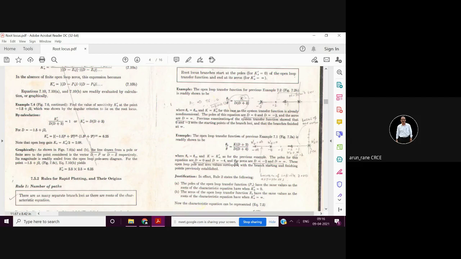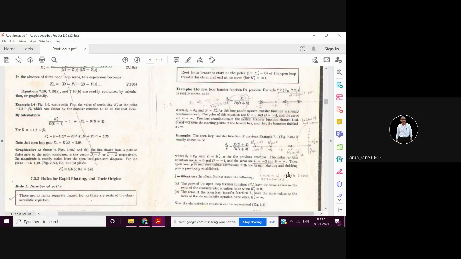Now how many finite zeros? Minus 2. Okay. Yes, sir. So that is marked here, this minus 2. And how many infinite zeros? One infinite zero. Because see, you can substitute the d value 0 directly and you will get this expression as infinite. So one infinite zero. So infinite zero means it is going this side, correct?